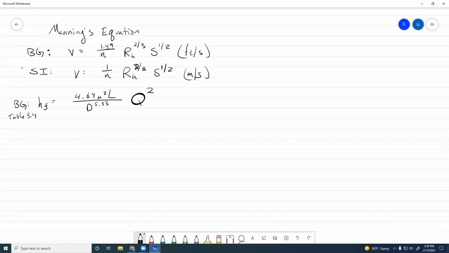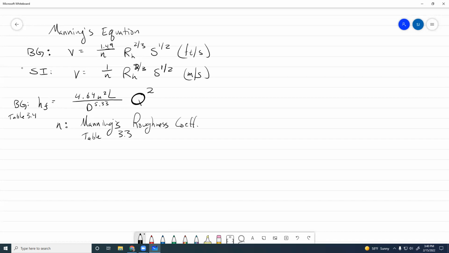So n is called the Manning's roughness coefficient, and it is in table 3.3,